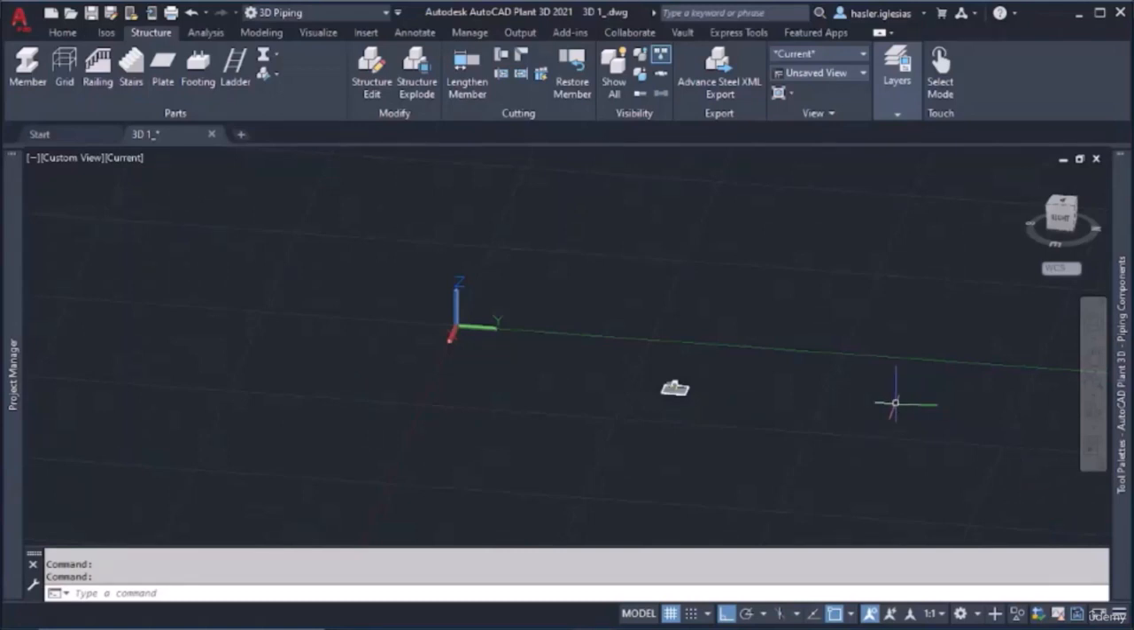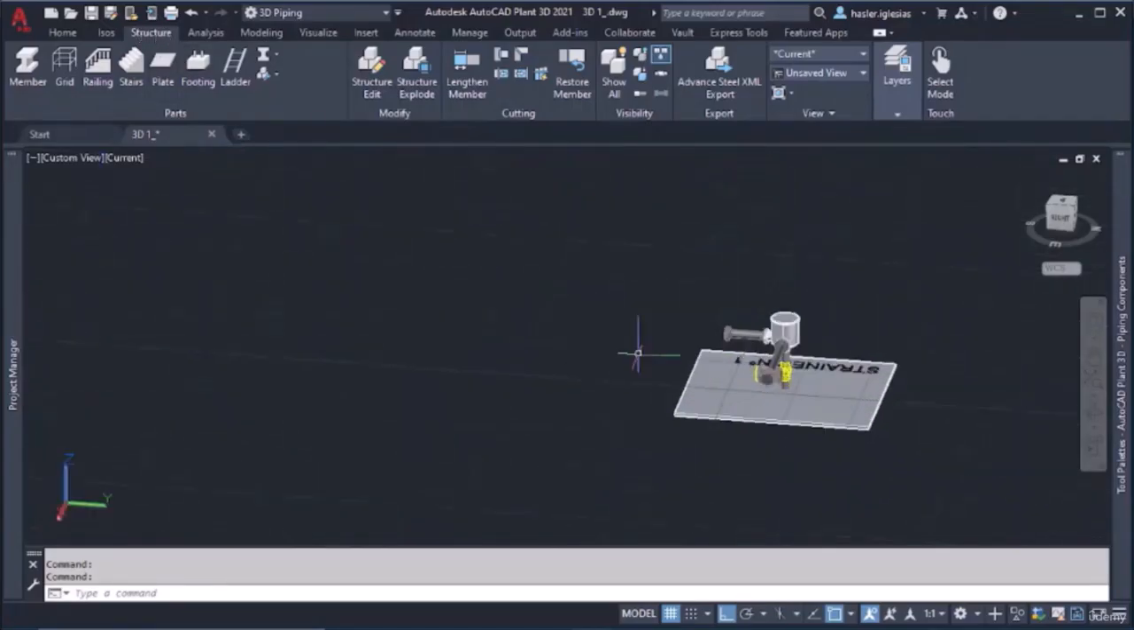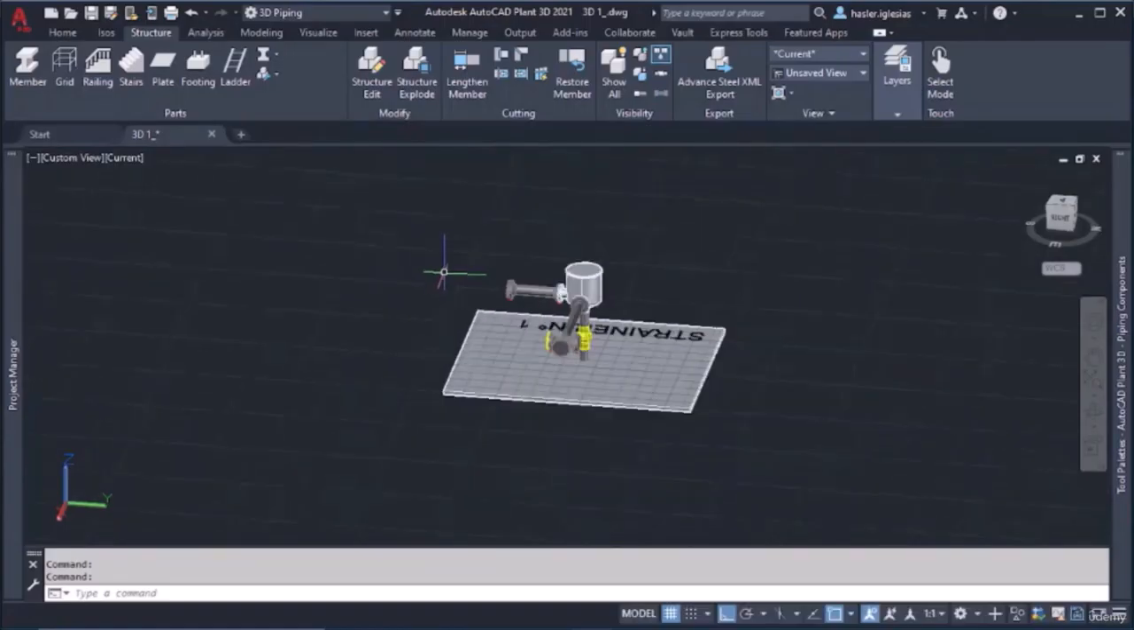Welcome to the 10th lesson of our AutoCAD Plan 3D course. Today, we are going to learn about modeling structures. To do so, I have to open this tab here. It's called Structure. Before that, I'm going to erase the test we made in the previous lesson,